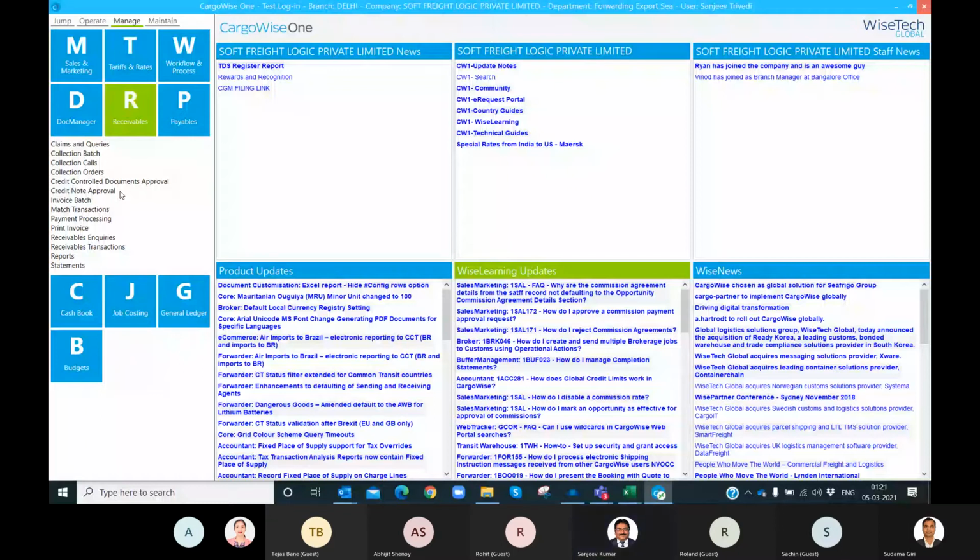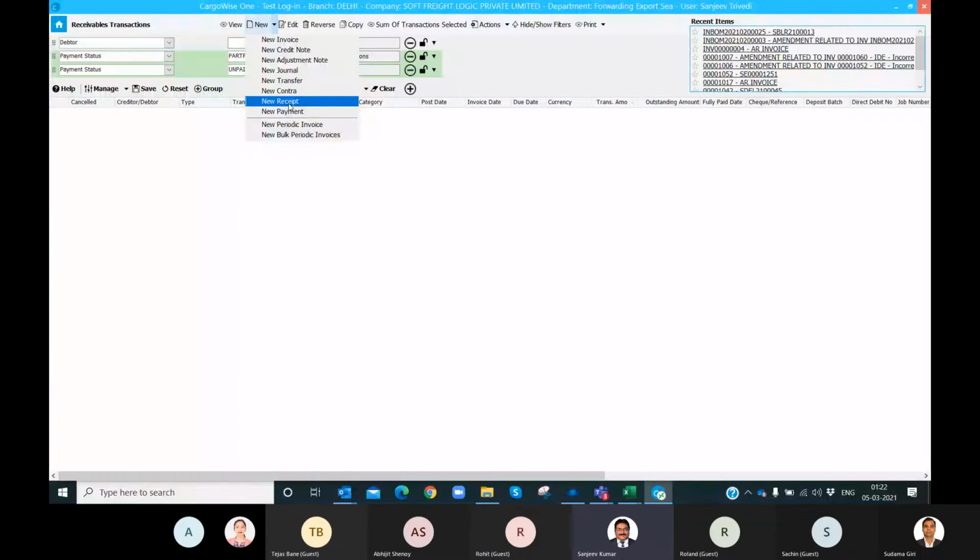In the receivable transaction window, if you go here, the same way a new drop down option is there: new invoice, new credit note, new journal entry, new transfer contra. Okay, receipt: suppose the party has made payment and we want to pass a receipt entry, we can directly go here.